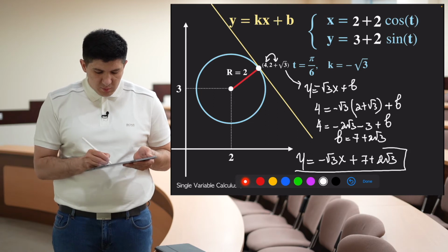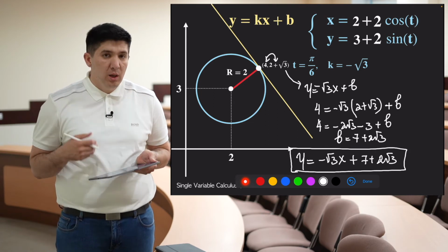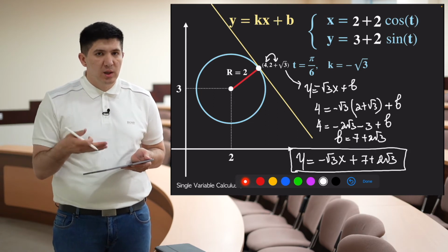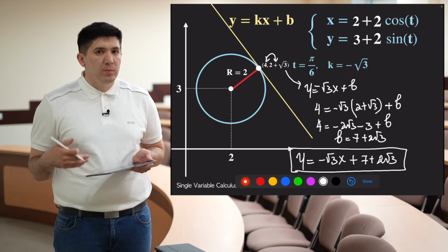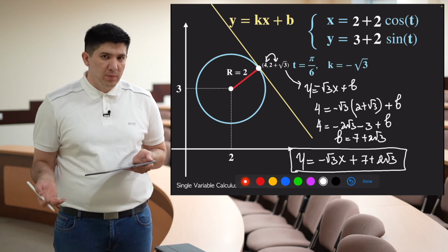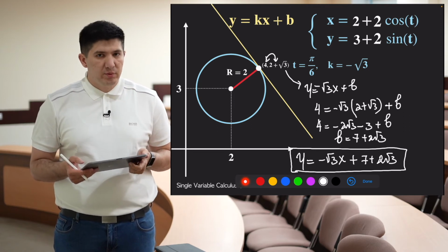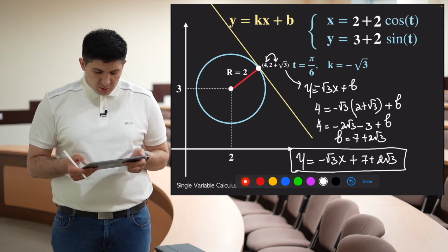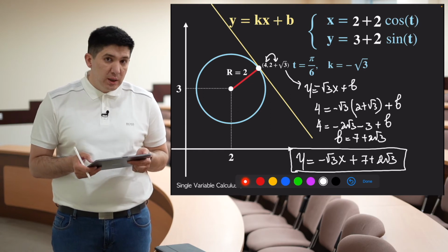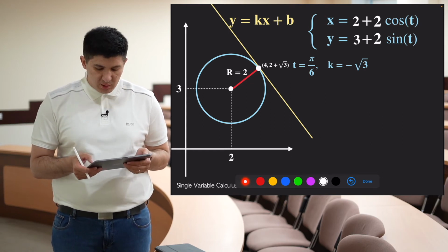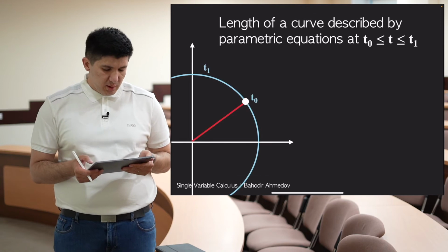Well, that's going to be the equation of the tangent line to the circle with this particular parametric equation at the point t equals pi over 6, or at the point with the coordinates 2 plus square root of 3 and 4. Well, let's go further. So it appears we can apply other techniques, other applications of the derivatives to parametric